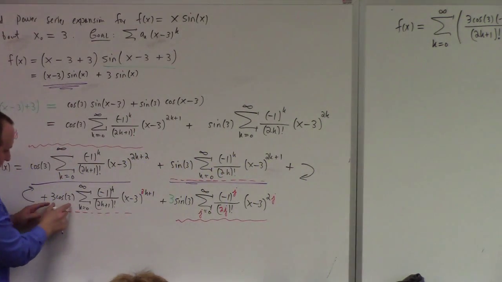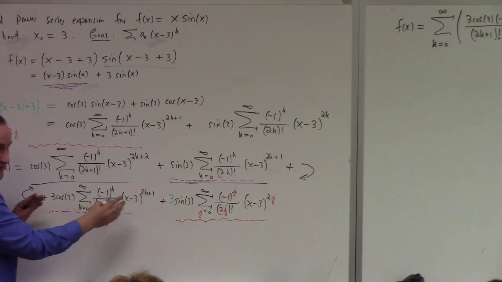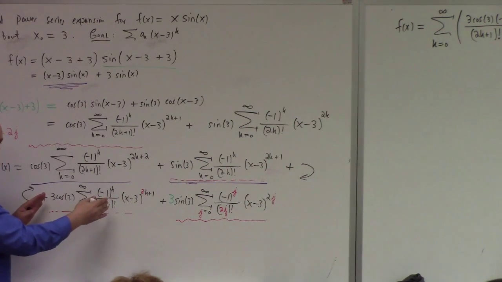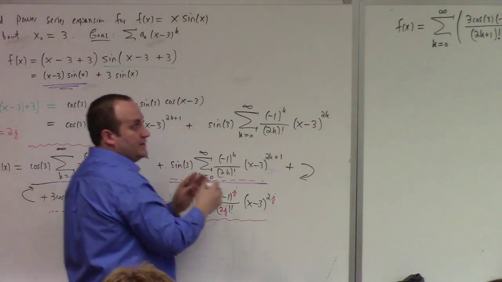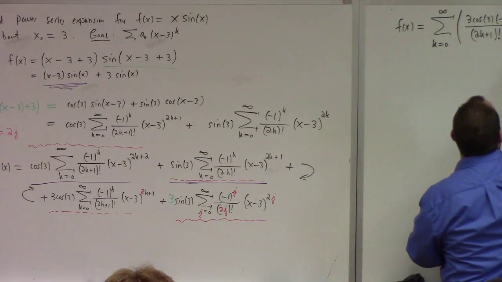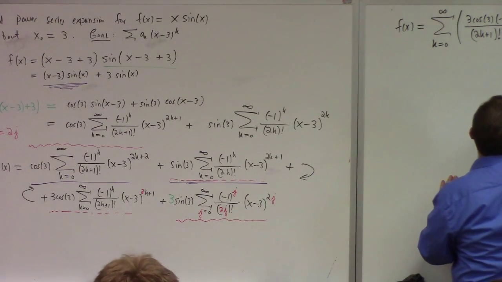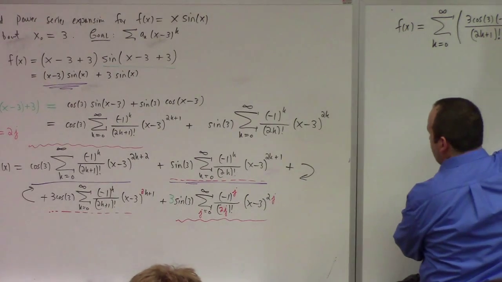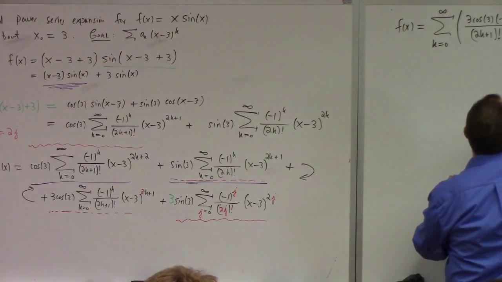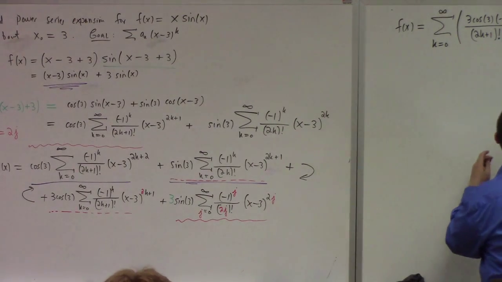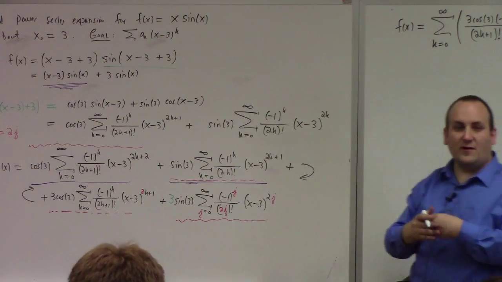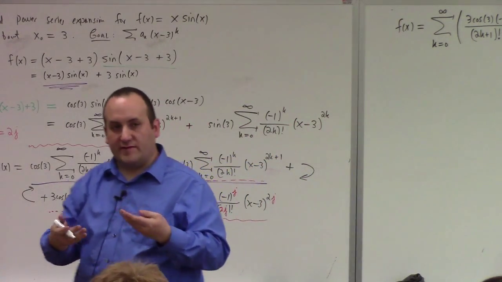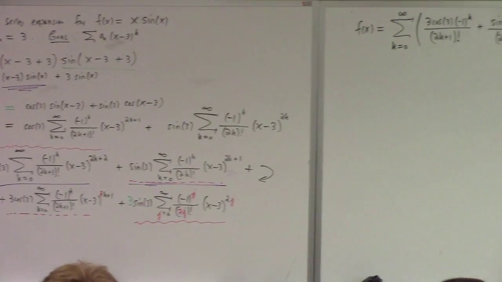That's just the coefficient from here. See what I'm doing? This one and that one. That's my coefficient from this term. Got that? The other place where we have odd powers is over here, and that gives me sine 3 times minus 1 to the k divided by 2k factorial, parentheses, x minus 3 to the 2k plus 1. Those are all the odd terms in the series expansion, the Taylor series expansion of x sine x centered at